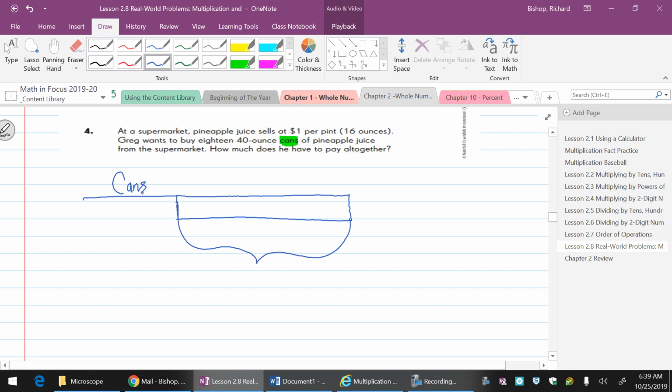Well, do I know if the cans are equal? Yes, they are equal. They are right here. There's 18 of them, and they're 40 ounces each. So one can is 40 ounces. Another can is 40 ounces. A third can is 40 ounces. I'm going to dot that because I don't want to make 18 boxes, but I know that going all the